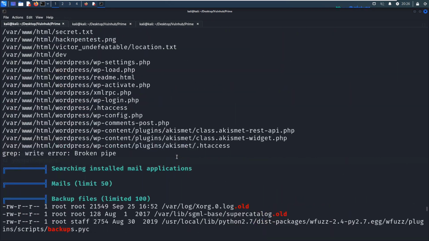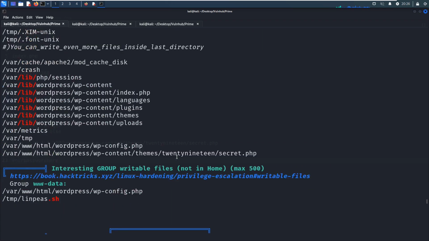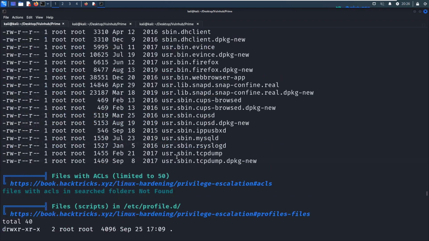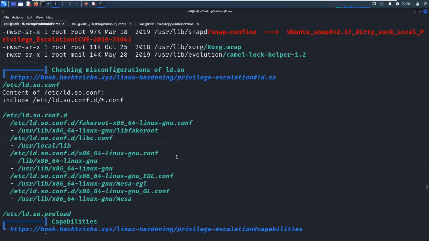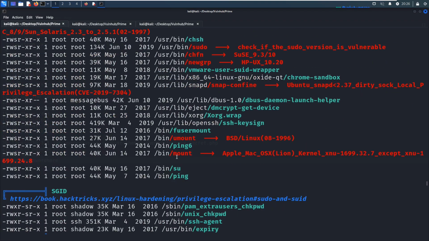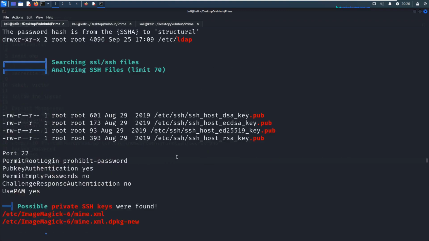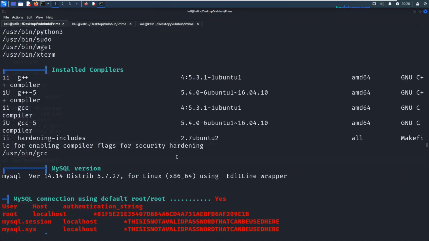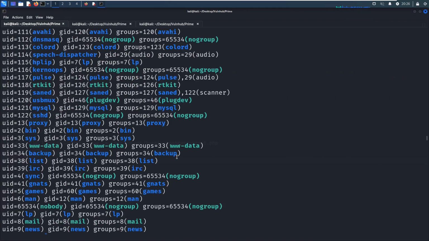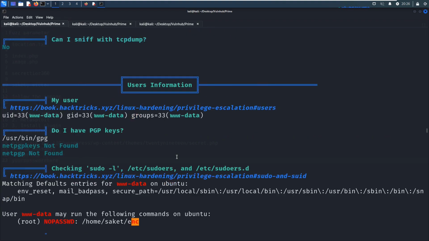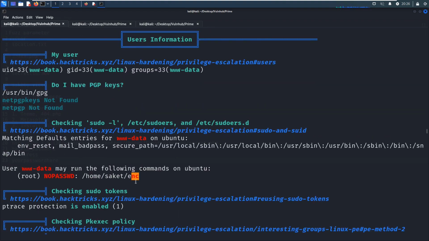It's done, and we can take a look at the output from this LinPEAS shell script, the capabilities, SUID, nothing there. No password. Interesting.